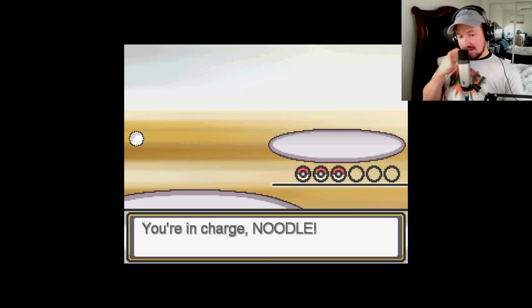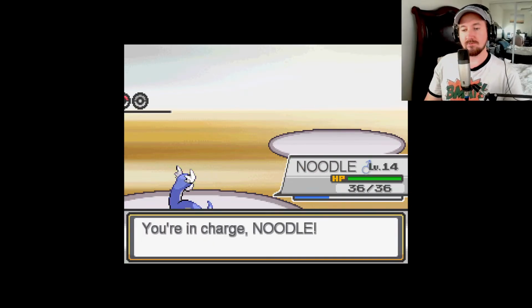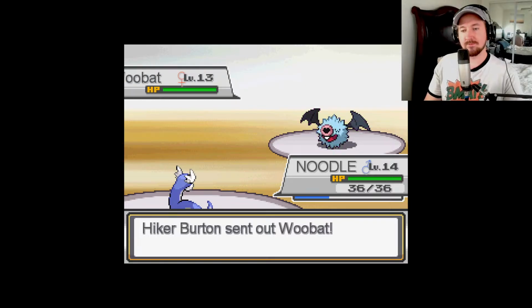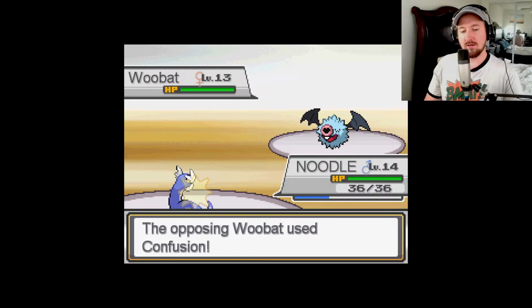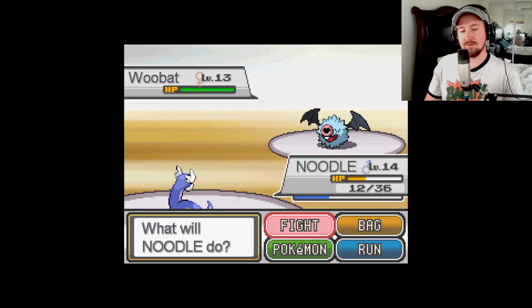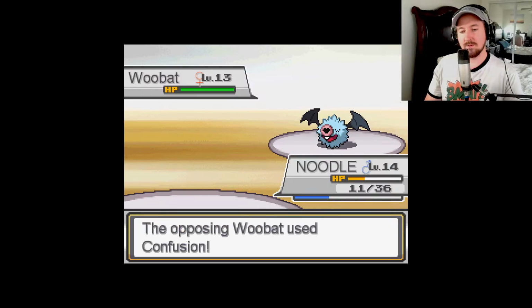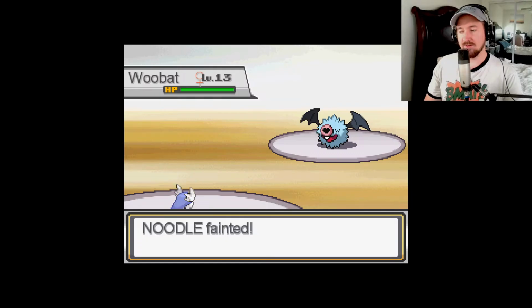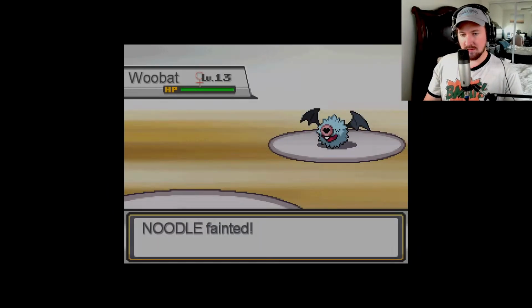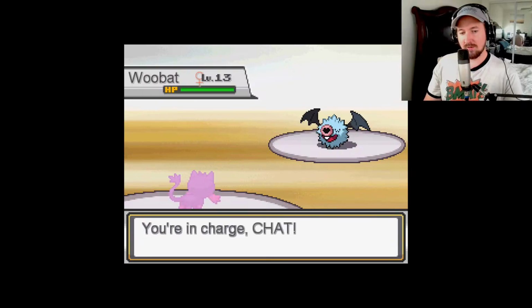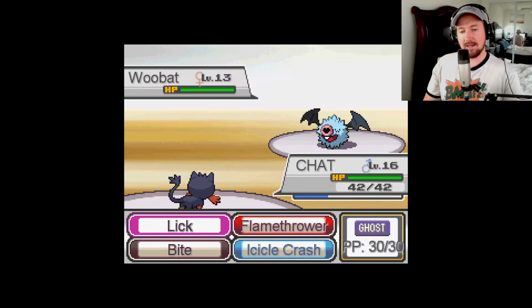Dratini's a bit of a liability right now. Yeah, I forgot they get slept in the early levels pretty easy. Once he becomes Dragonite, he's got it though. Oh, he's done? That was fast. You evolve in 1 level. You gotta see how that goes.